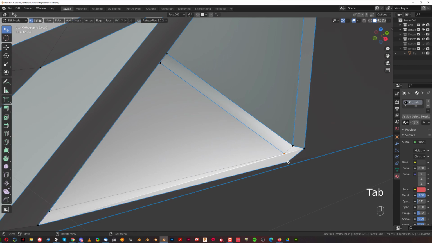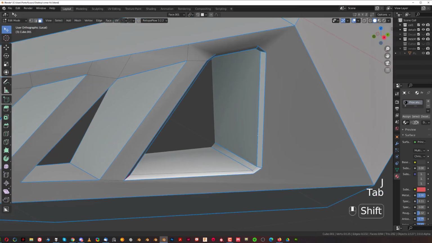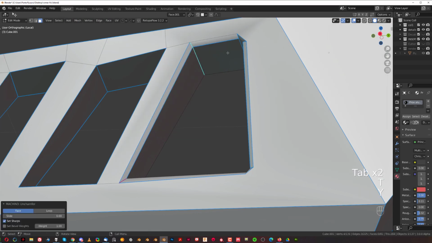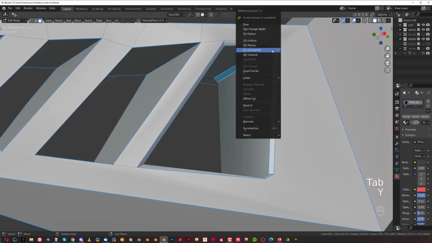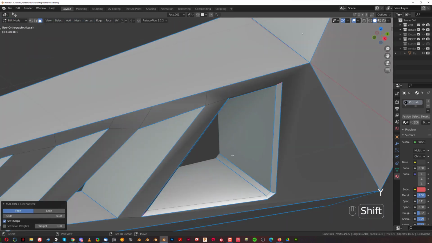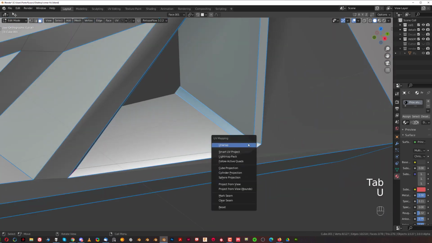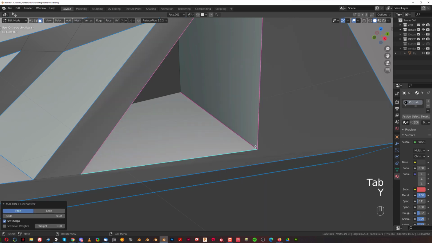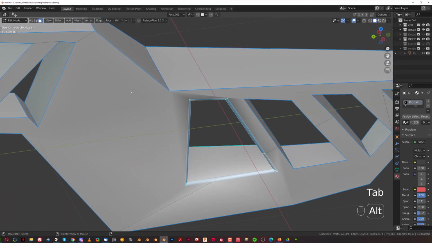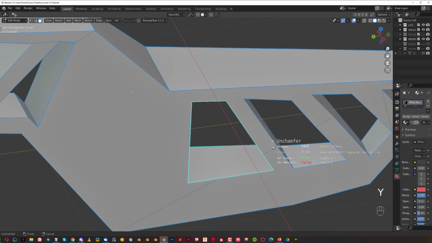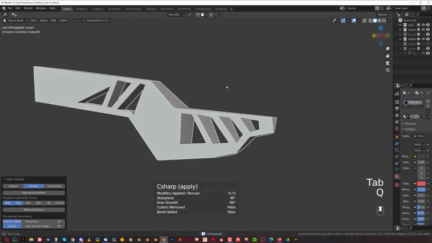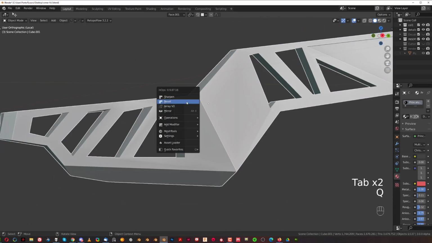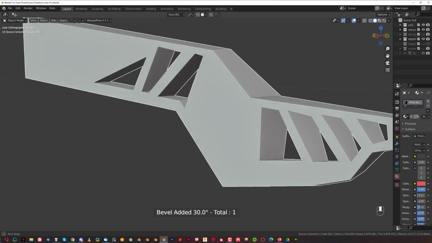Oh, we need the connection between these two. There we go. And then we need to unchamfer this. And then unchamfer this. And then we need to unchamfer this. And then we can unchamfer this. Right? And this one is gonna be the last one, I think. Right? Cleaned. So now we need to apply a bevel and see if everything is working, and if it isn't,